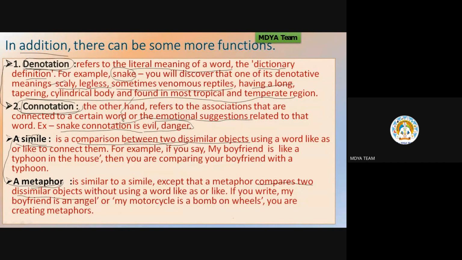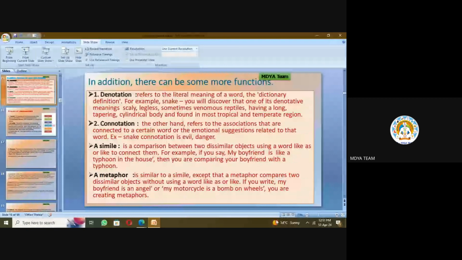In simile, we use words like as, like. And in metaphor, we do not use the word like or as. We do not use any word pairing them. And now, can you tell me examples of simile